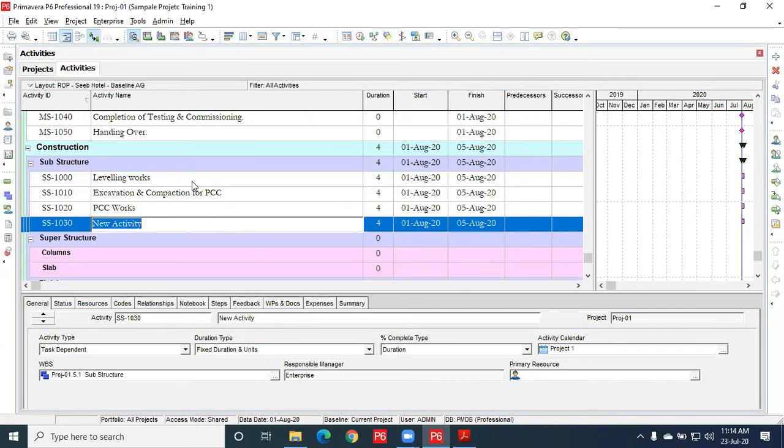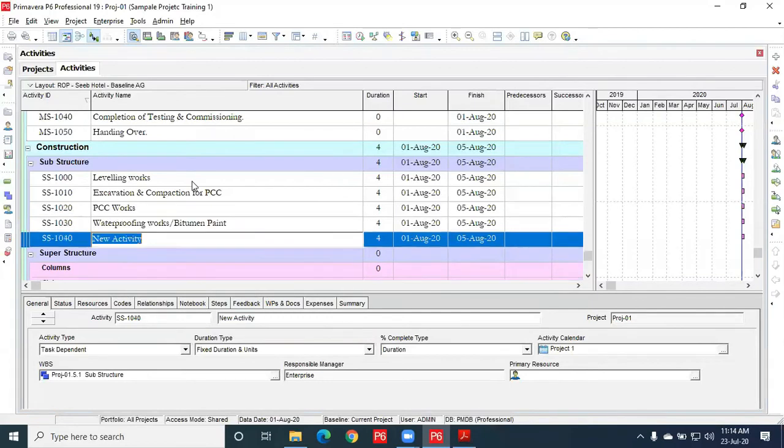So we'll add that activity over here, waterproofing works, or membrane. Even some projects without membrane will be doing bitumen paint only. So we'll mention that also. Bitumen paint, enter, insert.